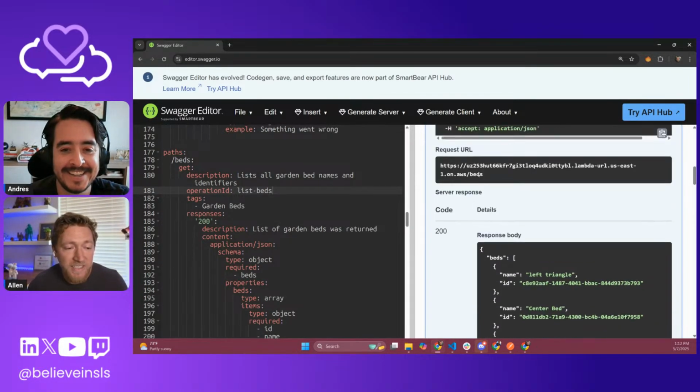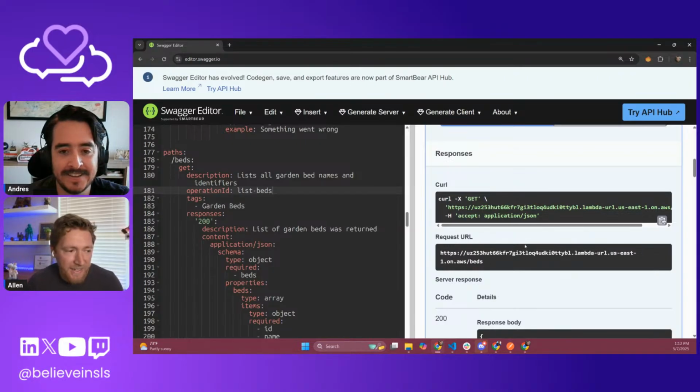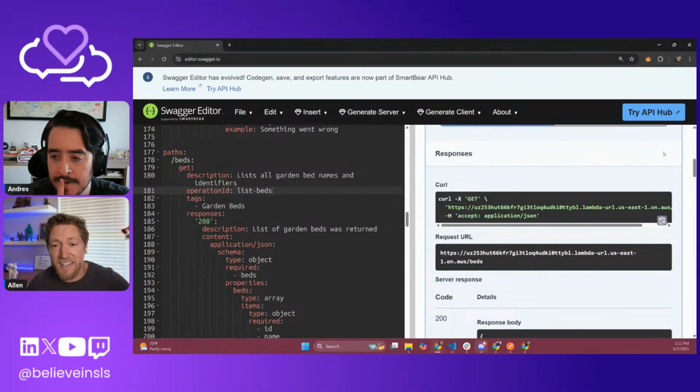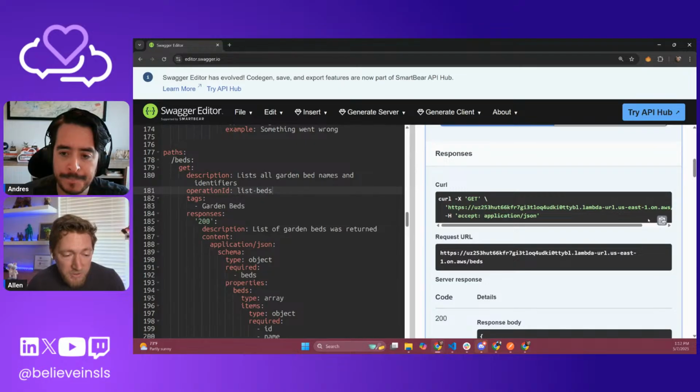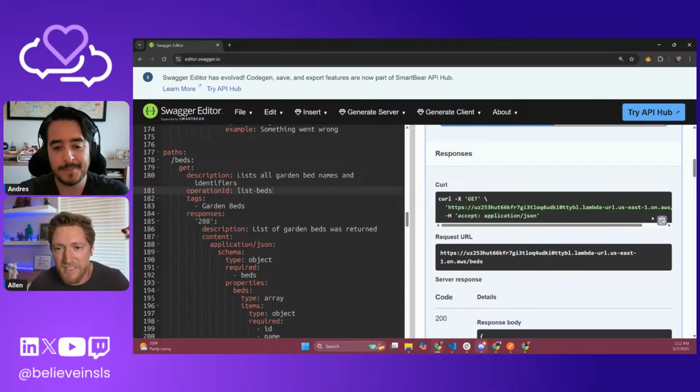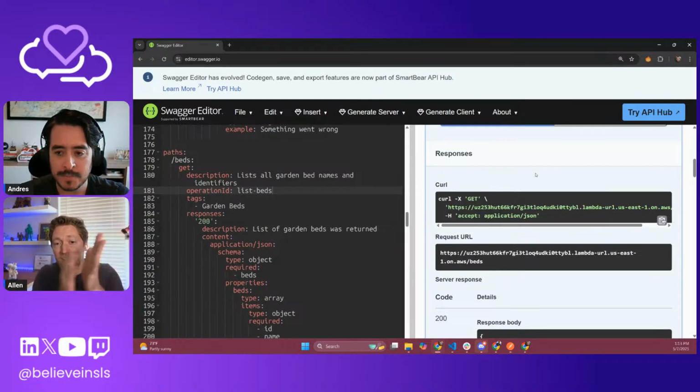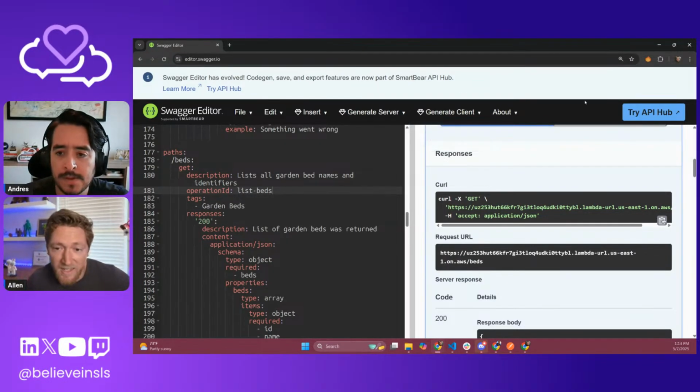Anyway, so it's nice at rendering. It's really not good for building. And I've used this for a long time, and I've just kind of smiled, gritted my teeth, and said, "Okay, well, this is just how you do it." But Postman just released, like last week, since our last live stream, Spec Hub, which is their answer back to this. This is their clapback to Swagger Editor. And it's actually pretty nice.